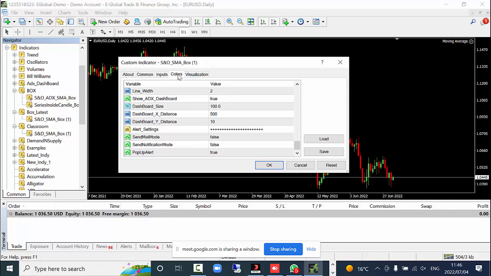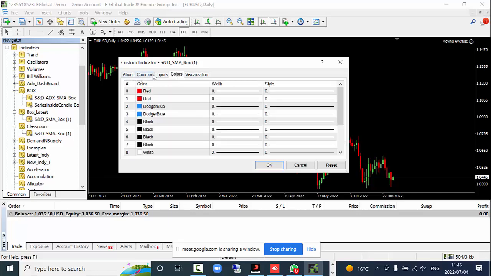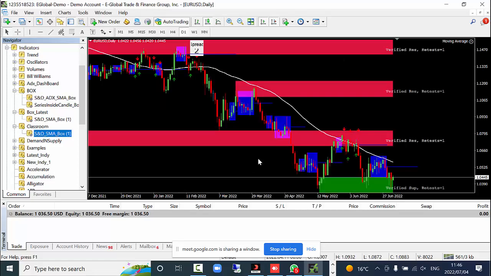So after that, I think those are the things we need to change here. After that, you click OK, and you see what is going to show us. You remember in the last training, I talked about these boxes. The reason why I normally program things for people is that for you to draw this box, it's not easy. It's going to take you time, and I want you to benefit from it. So I took my time